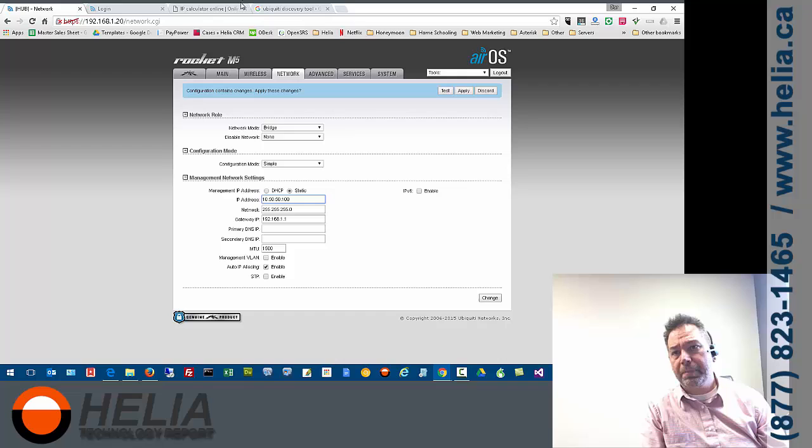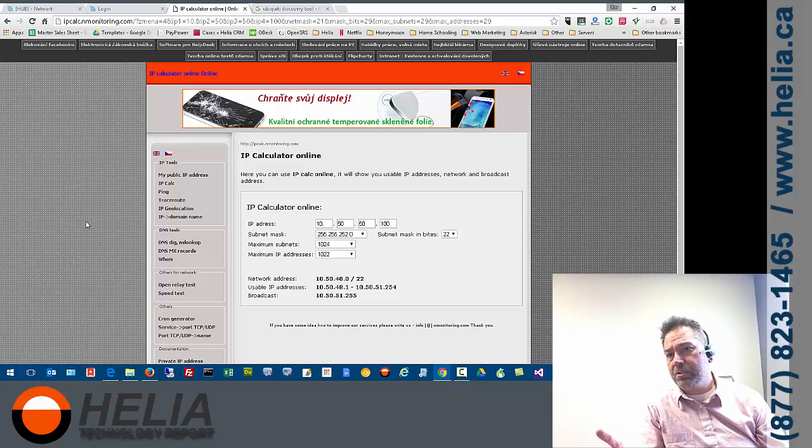So I'm going to take this IP address here to figure out what the net mask and the gateway IP should be. So I'm going to go over, this is just an IP calculator I found on Google. And I typed in the IP address of the Rocket that I'm assigning to it. I'm using a slightly different subnet mask here as well. This is the subnet mask that we typically use on colonies,